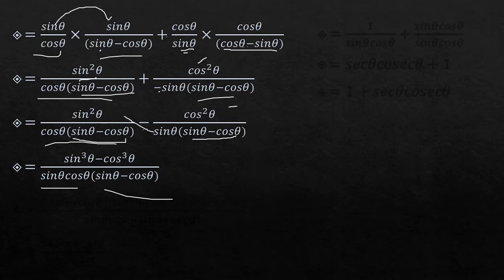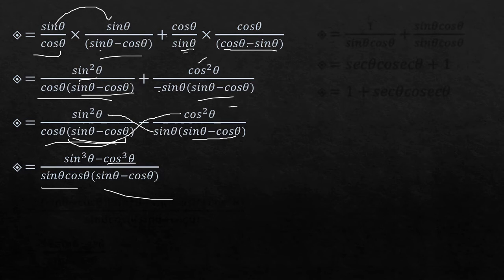From here sin theta multiplies sin square theta, so you get sin cube theta, and this cos theta into cos square theta becomes minus cos cube theta. Okay students, now here